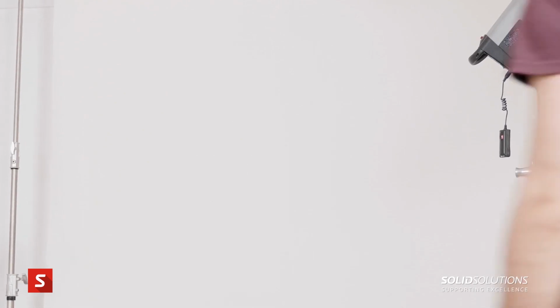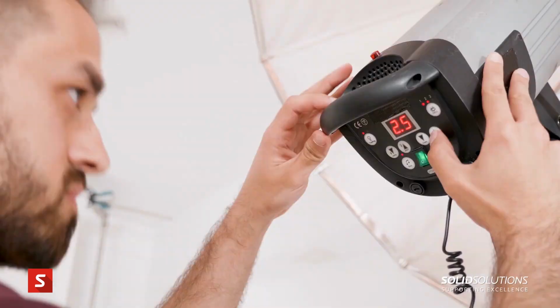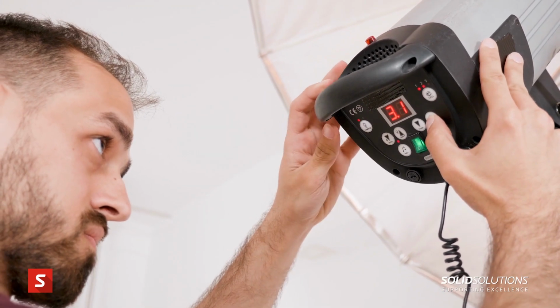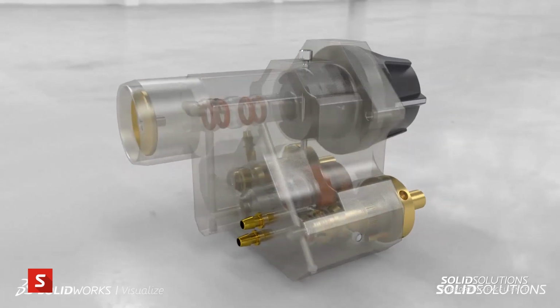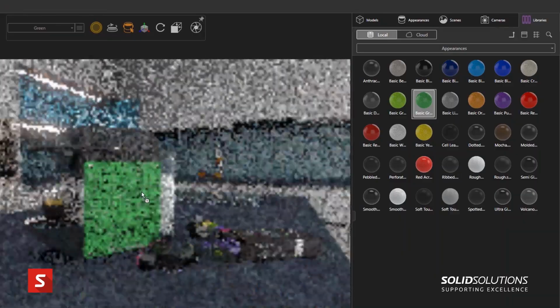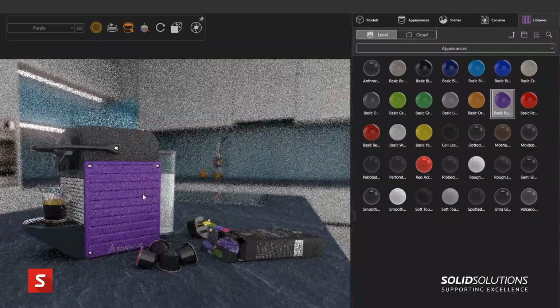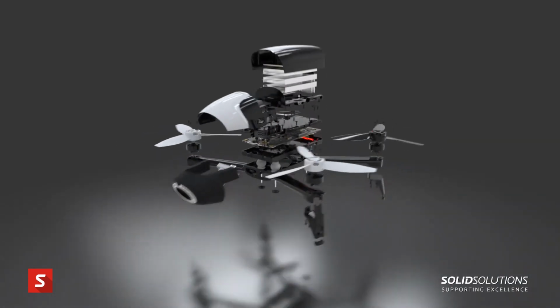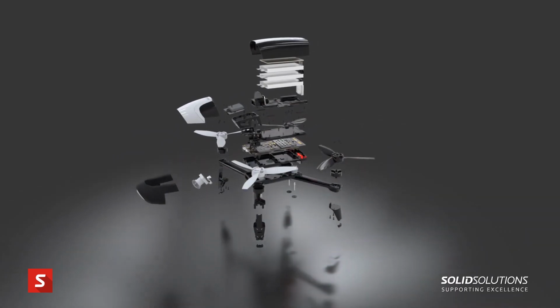Now, you could argue that nothing actually beats a photograph, but consider this. Visualize allows us to create all of this material without the cost of producing a physical prototype, and we can do lots of clever manipulation of the images, such as transparencies or cutaways. We can switch colour variations and create exploded views of our model. We can show our designs at their very best.